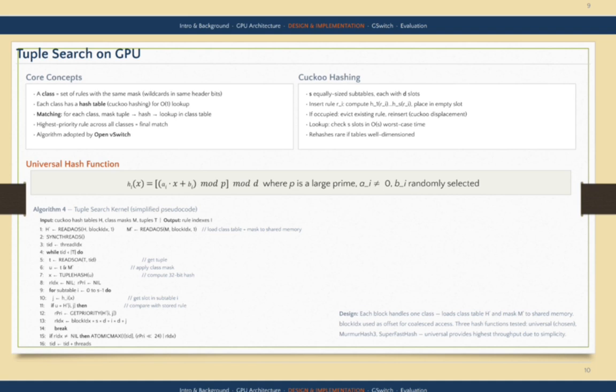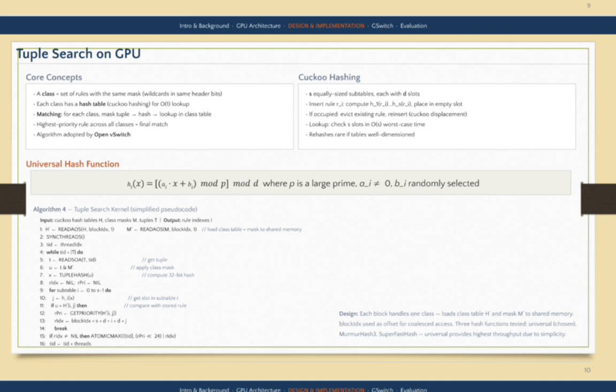Each GPU block handles one class, loads its mask and hash table into shared memory, and then checks whether incoming packets match a rule in that class. This approach is more scalable than linear search because it avoids comparing packets with every rule, resulting in faster classification